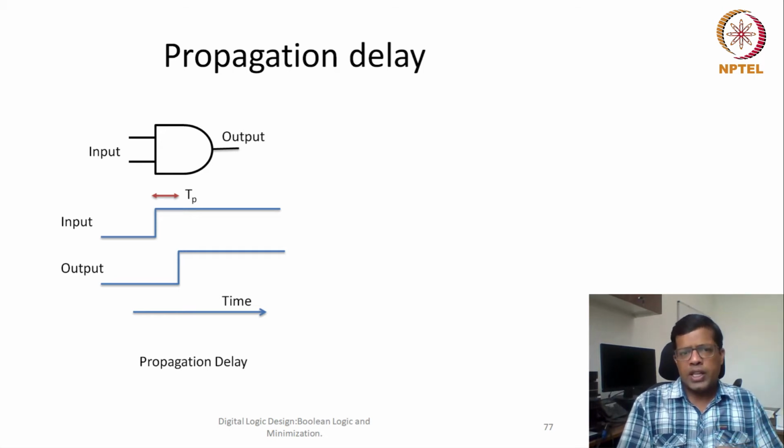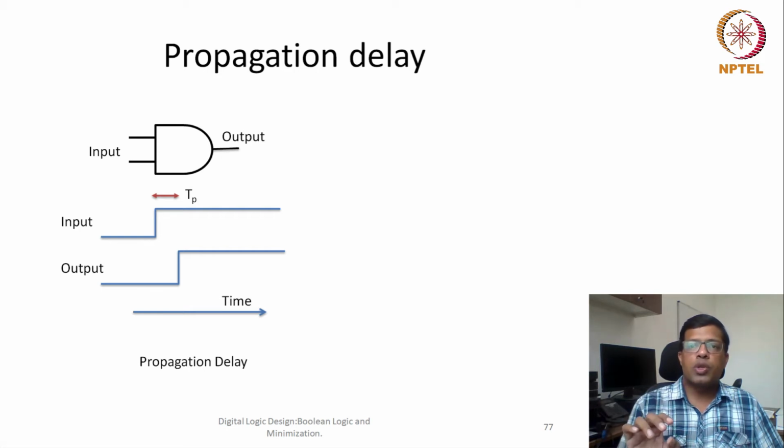And if we want to go into a little more detail, it depends on different technologies. Let's say these gates are implemented using CMOS technology. In CMOS, the output and input are both represented by voltage. So whenever the output is 1, this high voltage is actually stored in a capacitor. And a capacitor is a slow device.